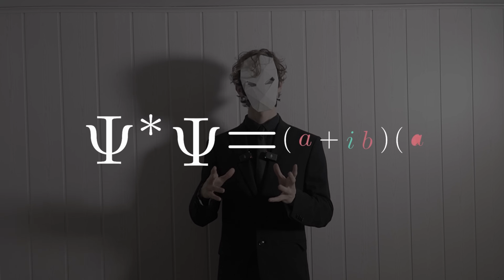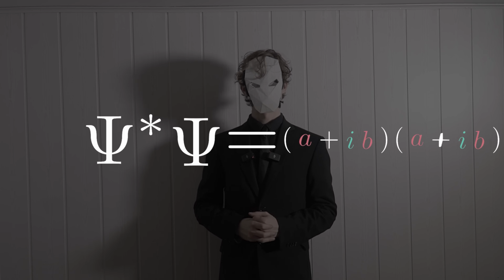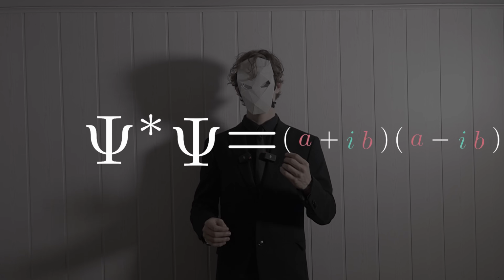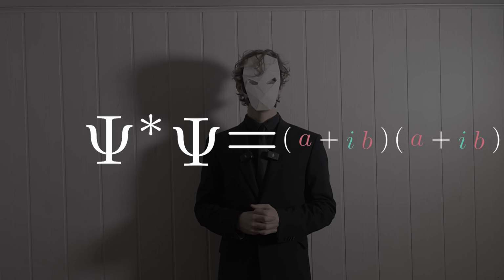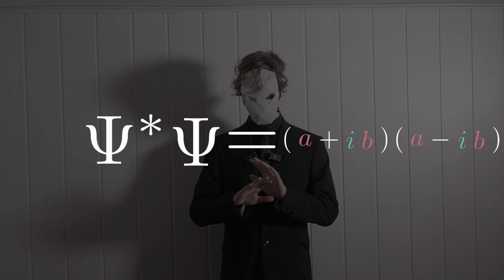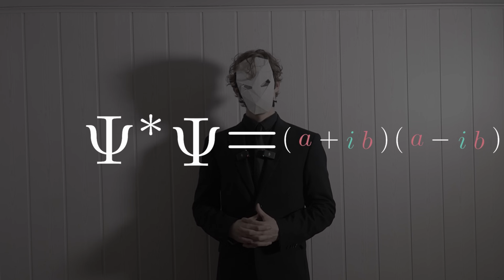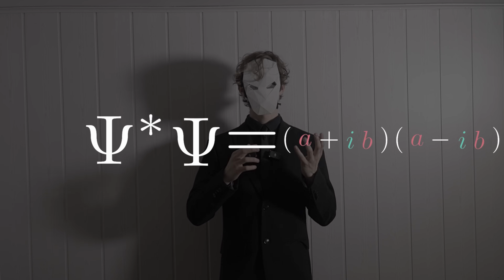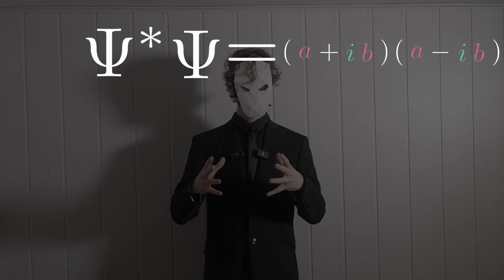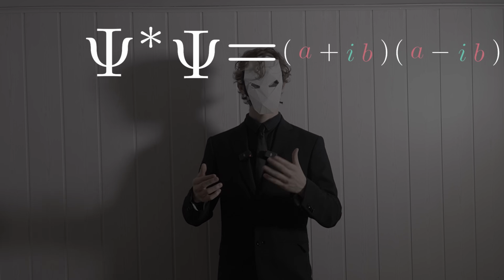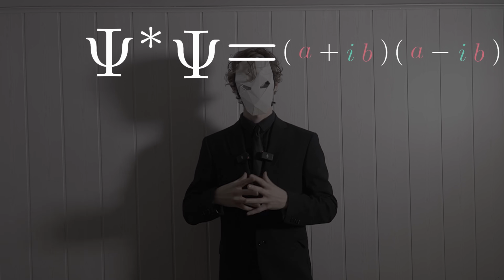You see, what a complex conjugate does, it just takes the complex number and flips the imaginary part. That is it. So remember when you had A plus BI? Well, if you take a complex conjugate of it, you get A minus BI. That's all the complex conjugate does. It just flips the imaginary part from positive to negative. So, what does psi multiplied by the complex conjugate of psi give us? Why is that there? Well, let's see what happens if we do actually apply this. By the way, this is psi multiplied by the complex conjugate of psi. I should have mentioned that. Let's see what happens when we actually solve this equation.